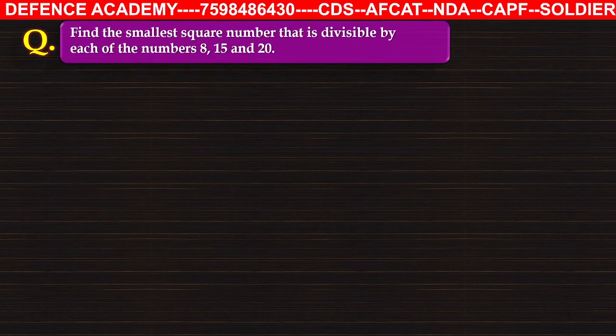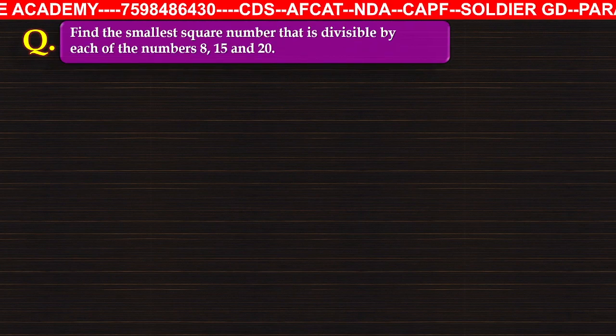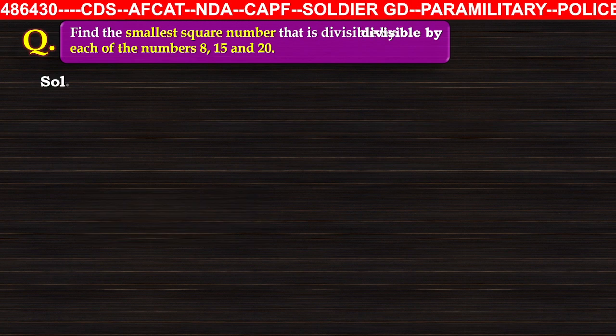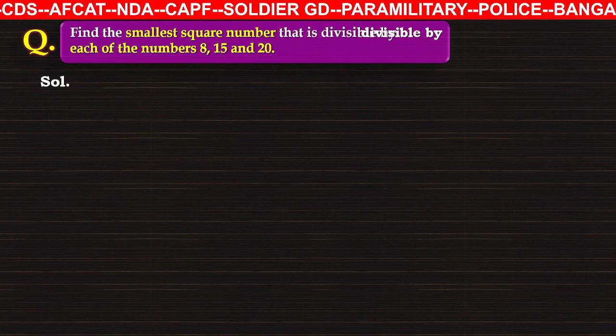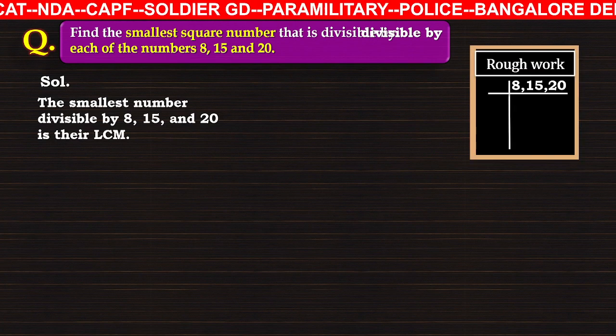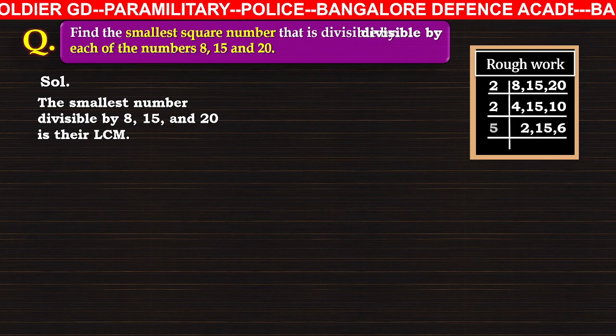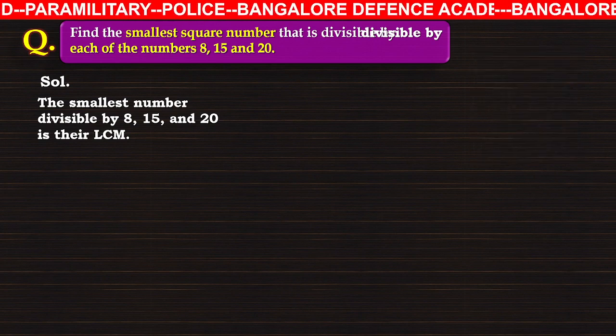Find the smallest square number that is divisible by each of the numbers 8, 15 and 20. So in the first instance, what I am going to find is the LCM. So what is the LCM of 8, 15 and 20? I am going to use the factorization method in this way and I am going to find the LCM. I get the LCM as